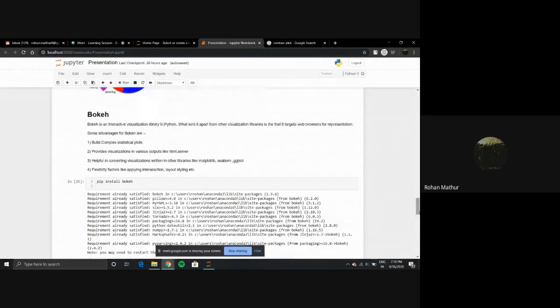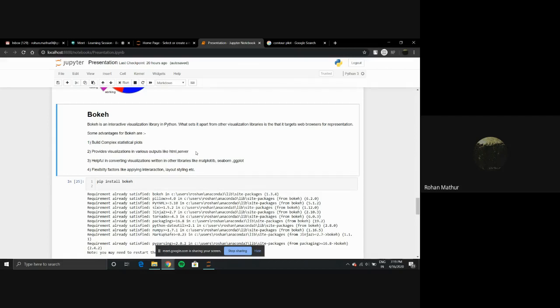Okay, so what is Bokeh? Bokeh is just another library which is used in Python. It is similar to matplotlib, but it has some additional features we'll be looking at. Some advantages of Bokeh are that it can build complex statistical plots. It provides visualizations in outputs like an HTML server, which we're going to be discussing later on, done through Django.